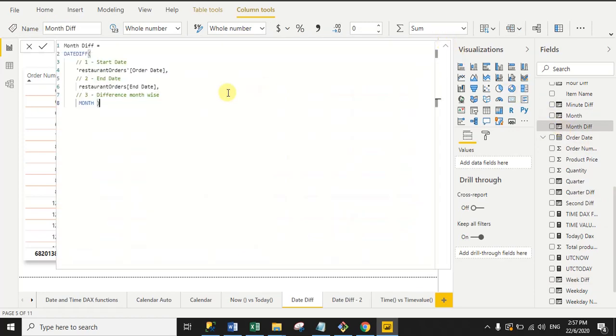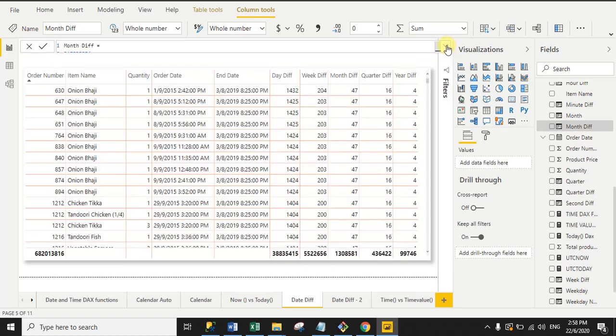See, firstly you will create a column. Just right click your data set and then select new column, and then write the text. See, this is the column name, month difference, and DATEDIFF is the function. Open the bracket, in the first argument pass the start date, then comma, in the second argument pass the end date, then comma, and in the third argument pass the month, right? And then click to commit. So it will return the month difference count on the basis of two dates, right?